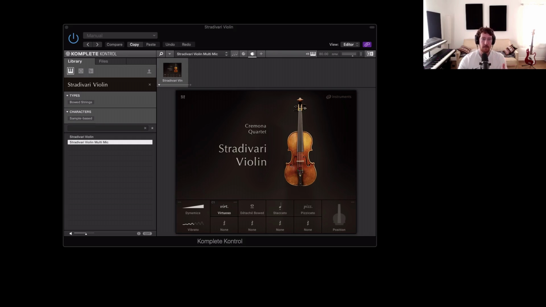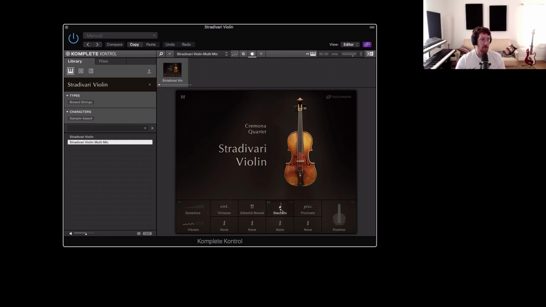But this is such a unique instrument. This is, I'd say, our first solo string library made in partnership with E-Instruments. The whole story behind this is extremely interesting, where there's a violin museum in Cremona, Italy, and in order to get the most pristine recordings, they actually blocked off a lot of the streets around this museum just so that there was no outdoor traffic noise. So what you're hearing is probably one of the most pure solo violin sounds that I've ever had from a plugin. So with the Stradivari violin, in this case, you have different articulation settings with staccato,